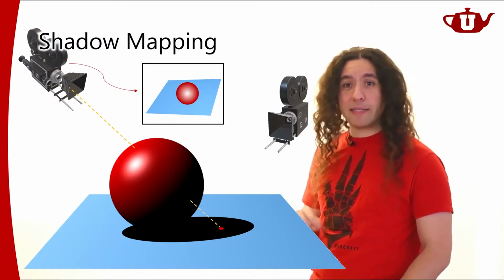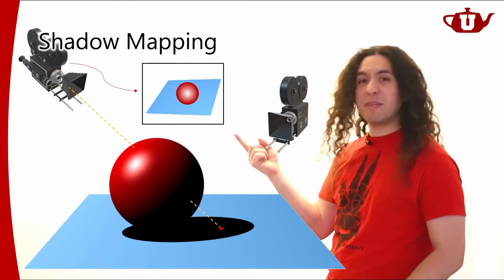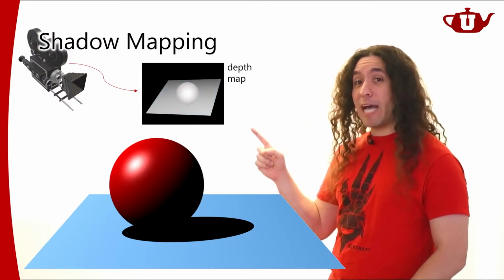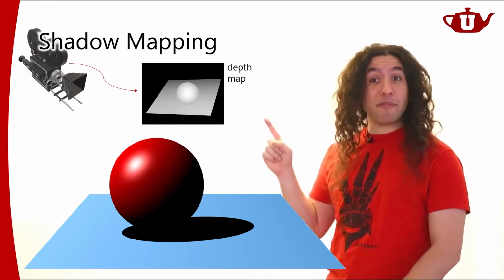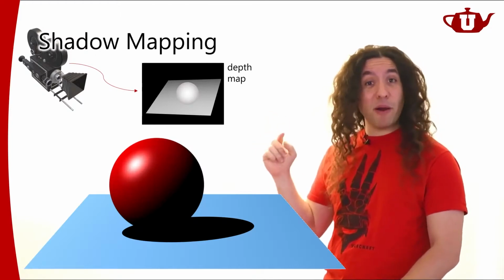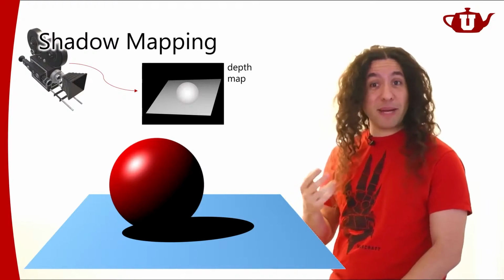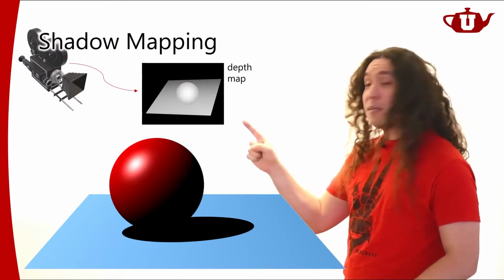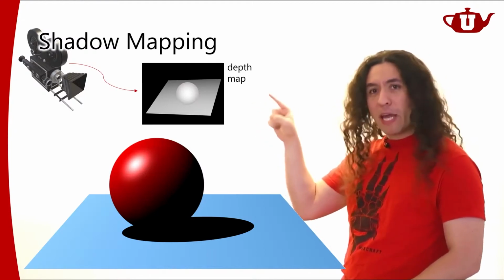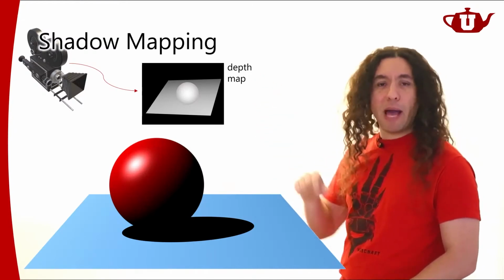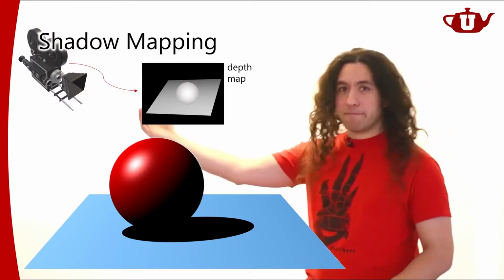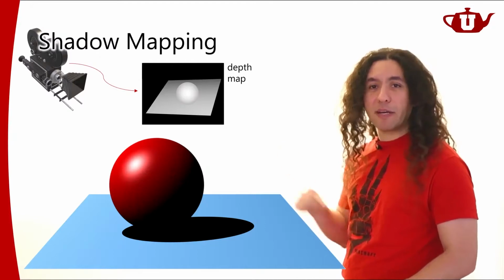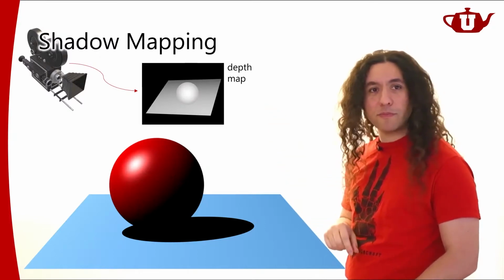But how can I determine that? It's kind of hard to do when you render an image like this. What we want to render is not this, but a depth map, the Z buffer. Remember we have a Z buffer when we're rendering with rasterization? We're going to put it to good use. We're going to render the image, but we only care about the depth map, depth meaning how far a fragment is from the camera. In this case, how far it is from the light source.